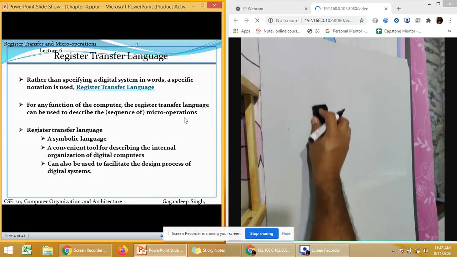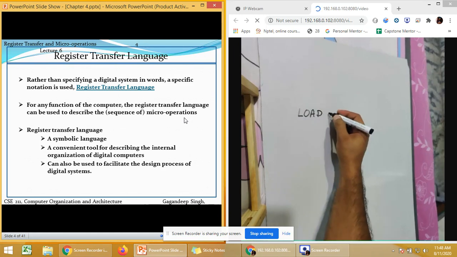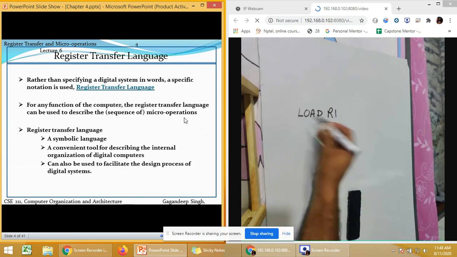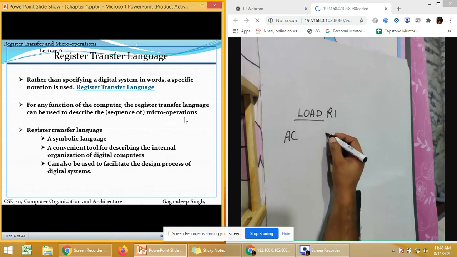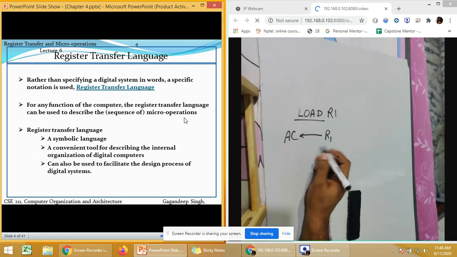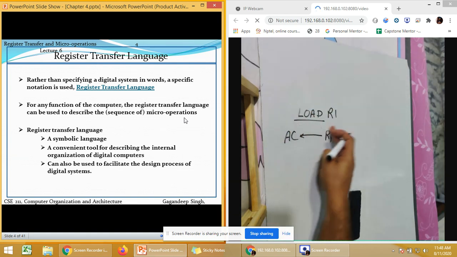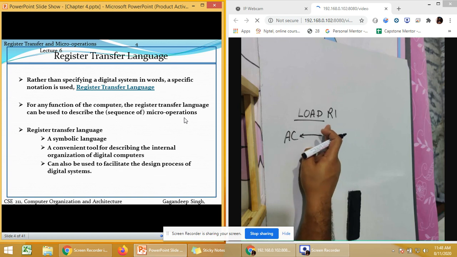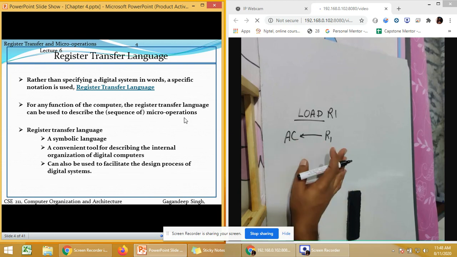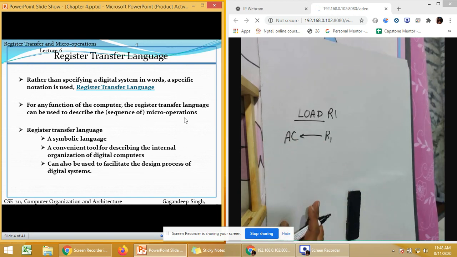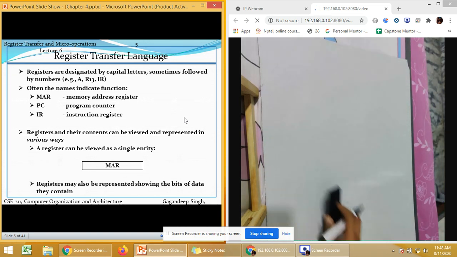So in this case, if I write load the content of R1, by default this load will happen in the general purpose register, which is AC, and R1 should be there. So simply we need a connection between R1 and AC. So that is what it is telling, what type of micro operations we are having. They are also telling us what type of connections we are going to have between different devices of our system. Okay, that is how we are able to design it. Now, in the next slide, what we have.